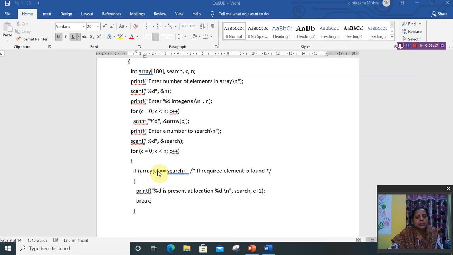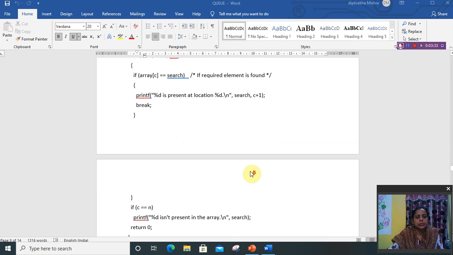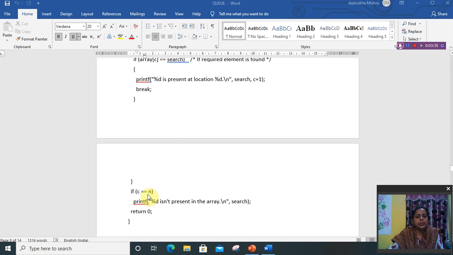Then again it checks the second location. It goes on until the number is found. If the key element is found, then it will display the location. If it is not found, then it will display the error message that the number is not found in the array.